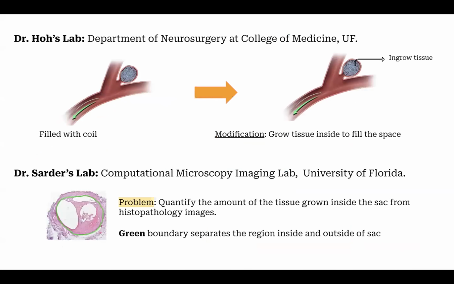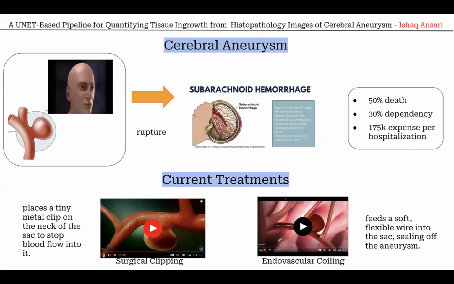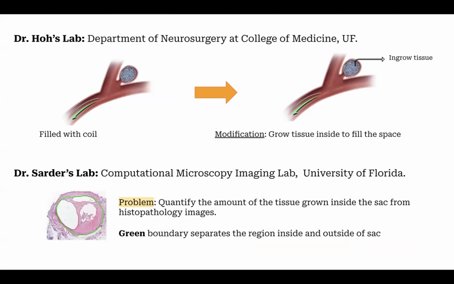The problem with these two treatments is that there is a high chance of recurrence and the aneurysm has to be retreated. And surgically harvested and autopsy-derived specimens of human brain aneurysm show that durable cure is achieved by